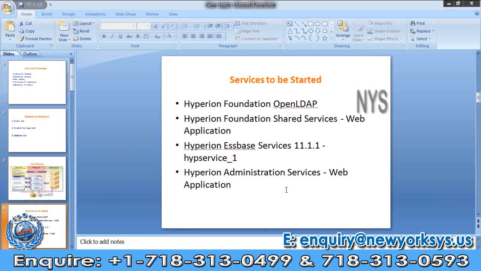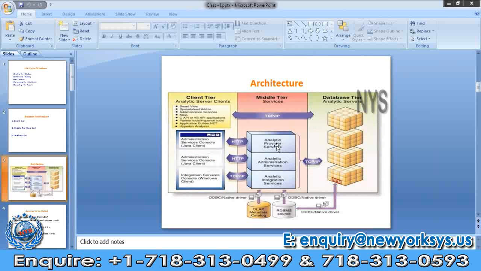So Hyperion Foundation, Open LDAP, Hyperion Foundation Shared Services Web Application, these are all the service analytical things. Like here in slide number 3, if you see analytical provider services, analytical administration services, analytical integration services, all are mediator sort of things which we have to start before using Hyperion.